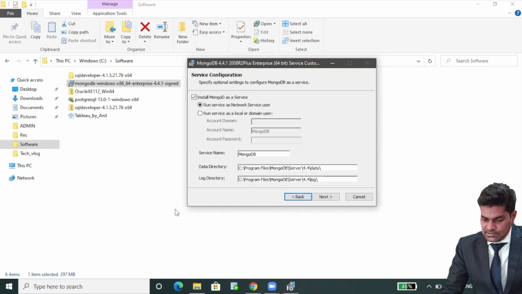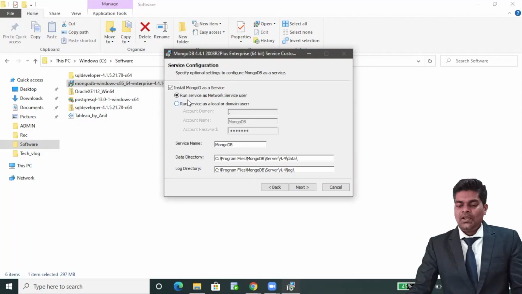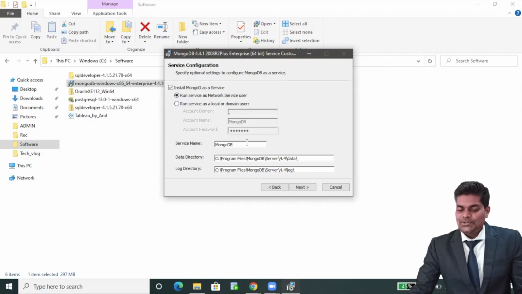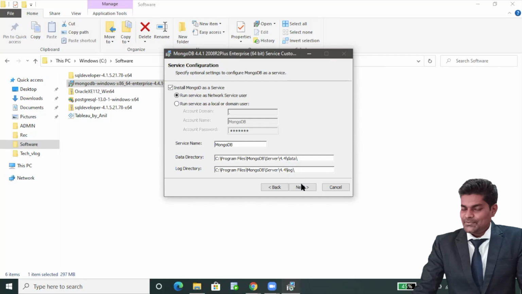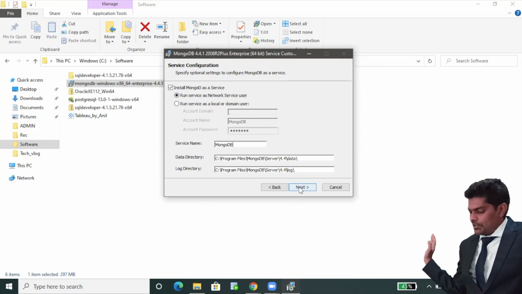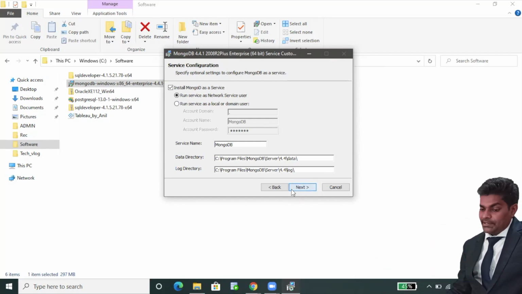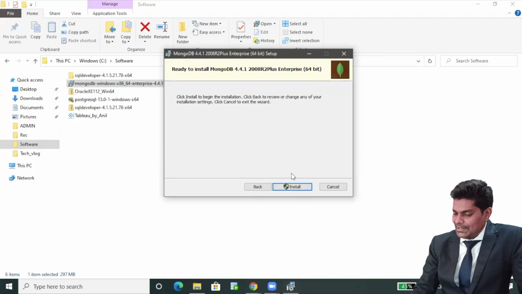So we will select run service as network service user, and here the service name is MongoDB, and these are all the locations for the data directory and log directory. Then simply click on next.